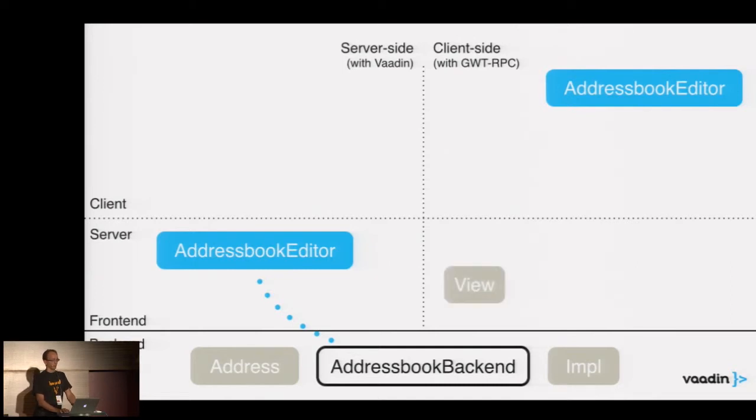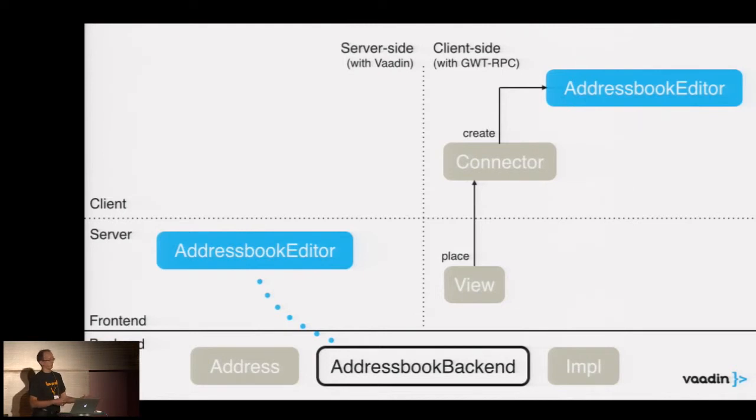But we need some way to get this client-side address book editor now included in our Vaadin application. And as a Vaadin application, it's based on components, so we somehow need to wrap this whole editor in a component. And the parts we need is basically the view part and a connector part. So the idea of the view is basically to place it as a component in the Vaadin component hierarchy. So it then can have its own client-side part, the connector part,